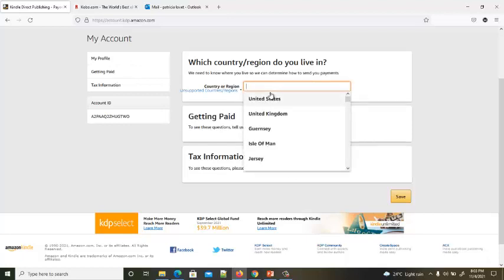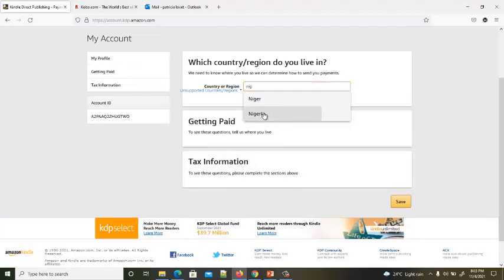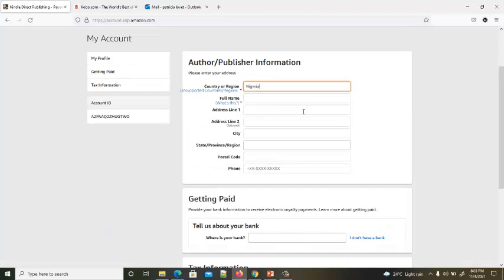You have to select your real country. If your country is USA, you select USA. If your country is German, you select German. But my own country is Nigeria, so I select Nigeria. You can see now, immediately I select Nigeria,